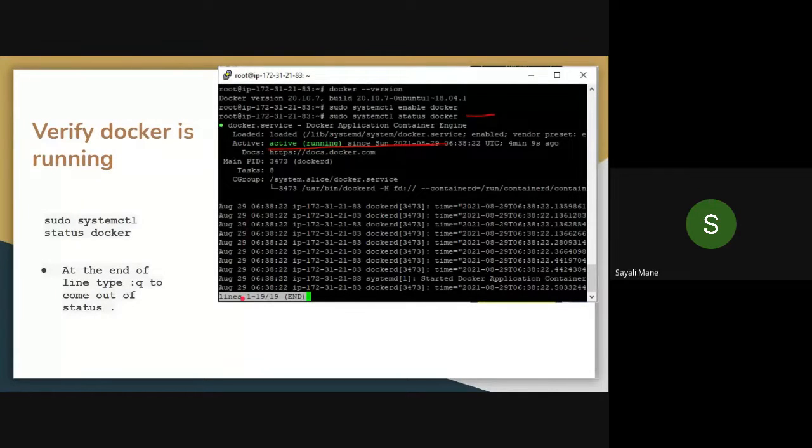Now see here, lines end. So how to come back out of this? To exit the Docker running status, you have to enter colon and q at the end of this line. Type colon and q at the last end and press enter.